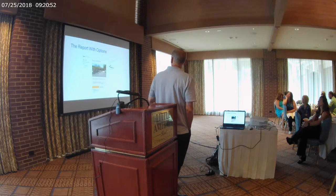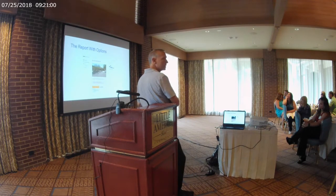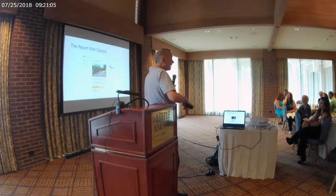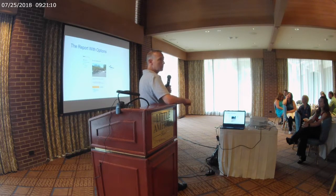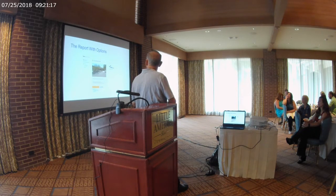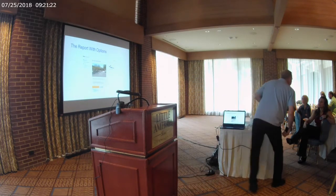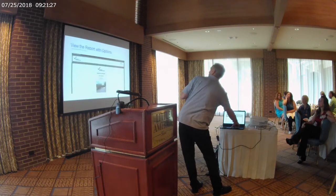So once I get to this page, I have some options. From here, most likely the first thing you're going to want to do is look at the report. So you would just launch the report. As Melinda has mentioned, once you look at the report, you can also create a request list right from the report automatically. And I'll walk us through that here in a second. So for now, we'll just take a look at the report. Okay, I'll make this quick. So you go through your report,